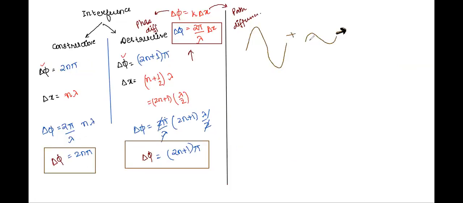When these two come together, what will be the impact? Something like this. If this was higher amplitude and this was lower amplitude, then we'll get something in between like this. Is it clear to everyone? Suppose this kind of interference happens, where the phase difference was not the same. So let's say this plus this one.